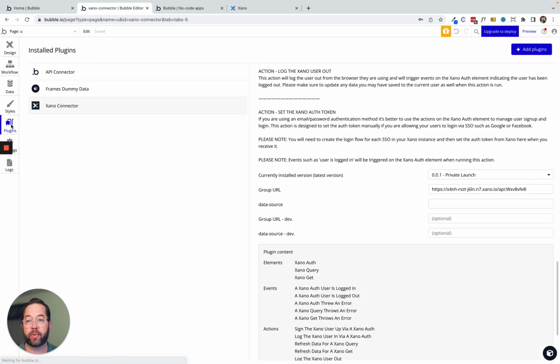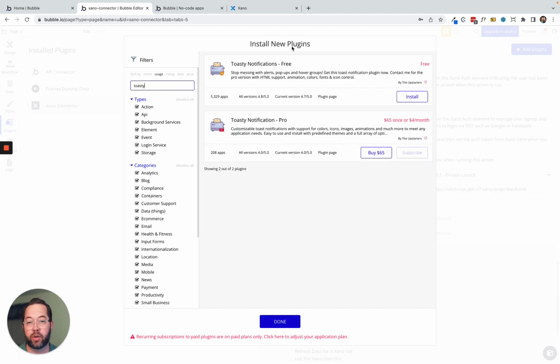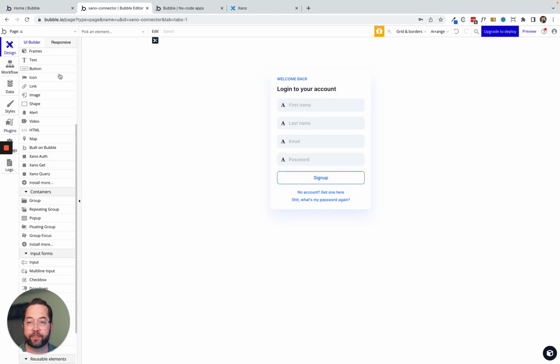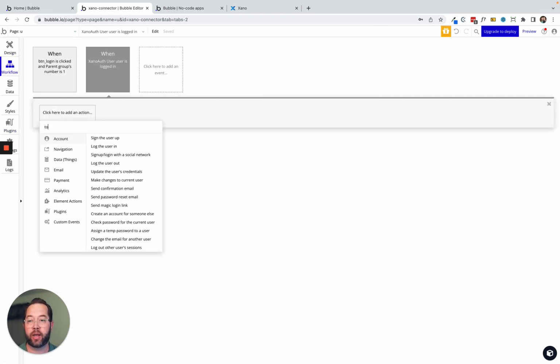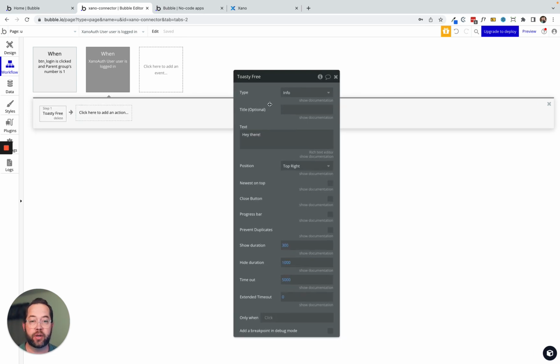Let me just grab one more plugin for a simple notification. I use this plugin all the time. Love it. It's just simple and easy to use. So we'll say when a user is logged in, let's just create a toast here, and we'll say